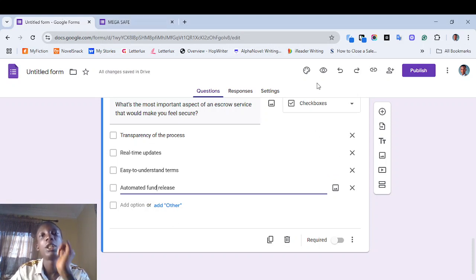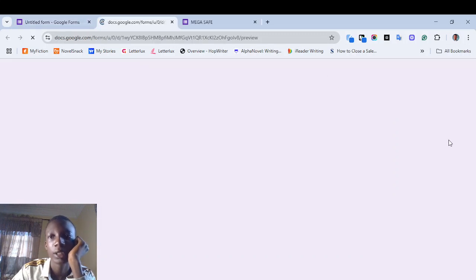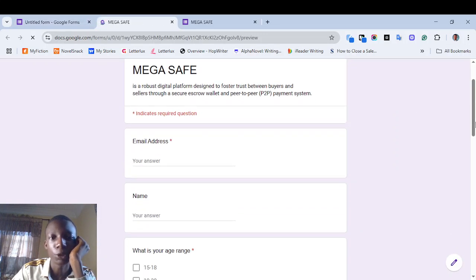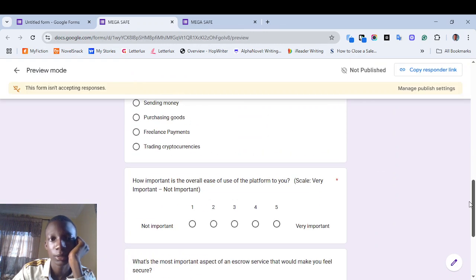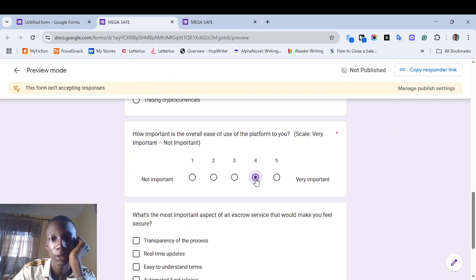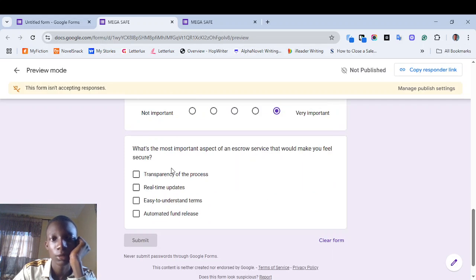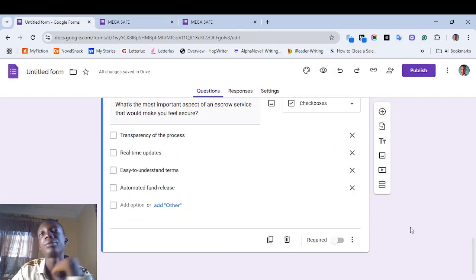So now if we preview this, then you can see the functionality with this. You can see. And also